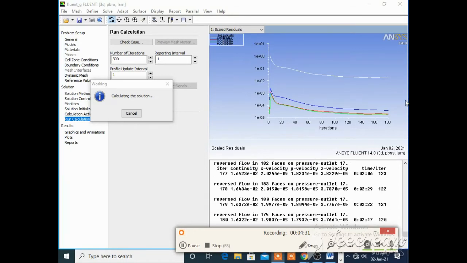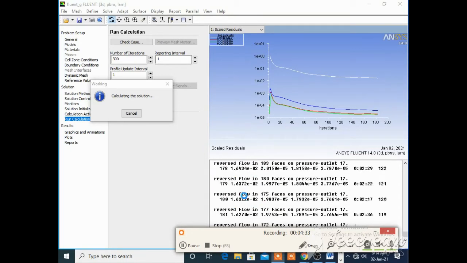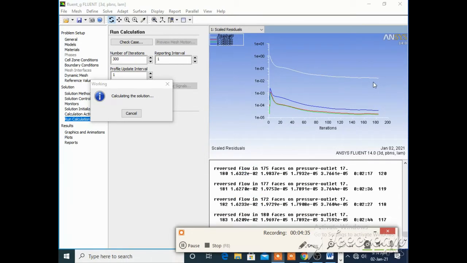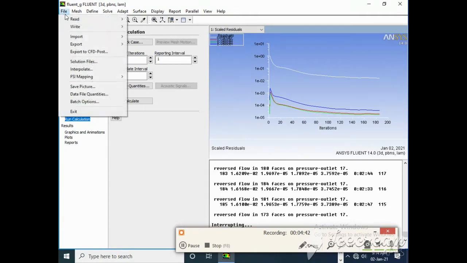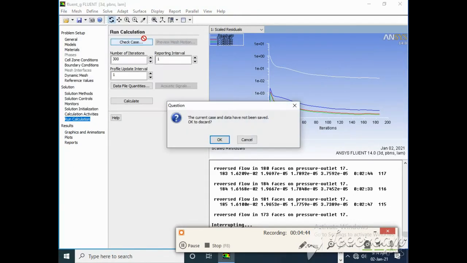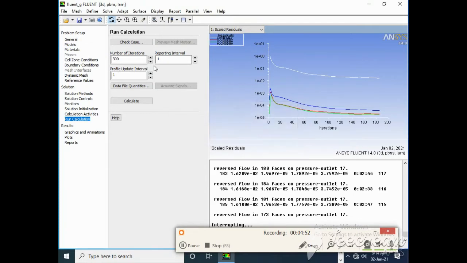Now you can see this curve. There are not many changes in the continuity equation, so we can stop here also. So I will write the case data file. Your current case data file also cancel.